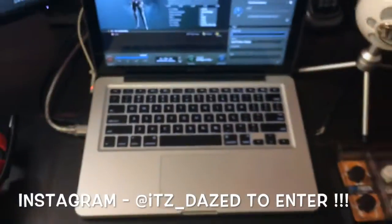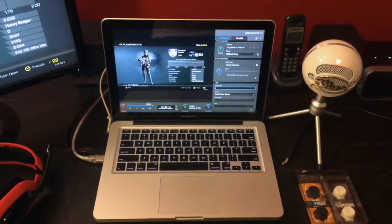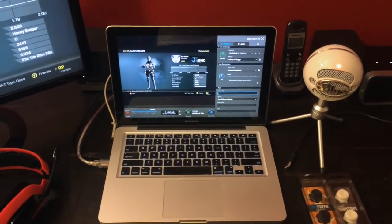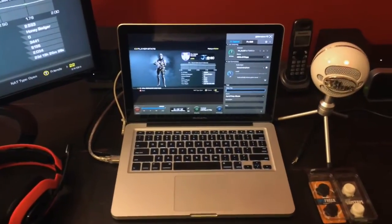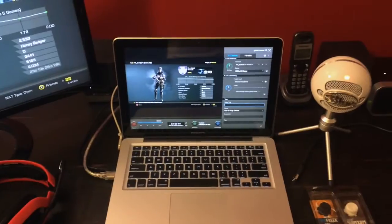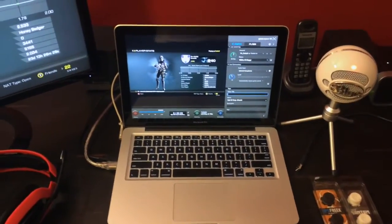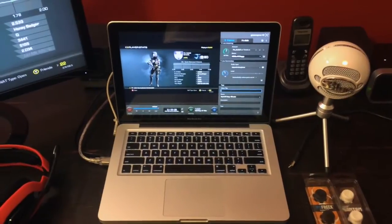Alright, moving on. Here's my computer. It is a Mac, as you can tell. It has 8 gigs of RAM. It has an i7 processor, runs around 2.7 gigahertz. It's stock sound card, stock graphics card. What else? That's basically it. This ran me about, I would say, $1,600 after taxes, which is a lot of money, but I would say